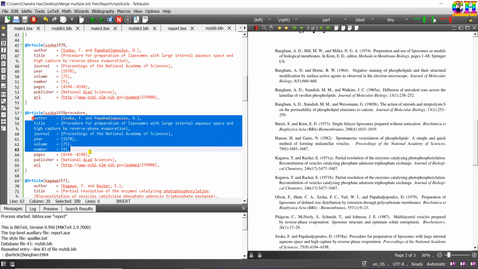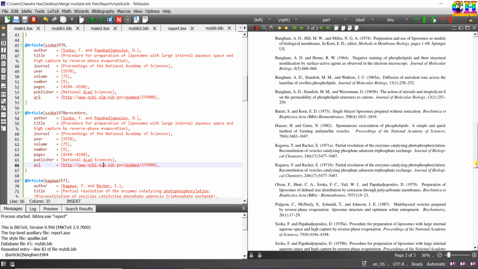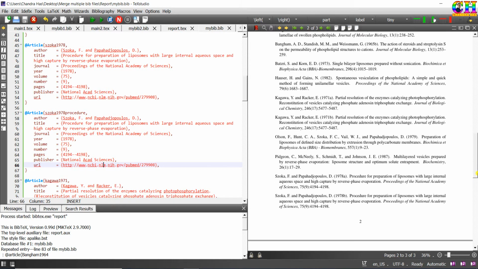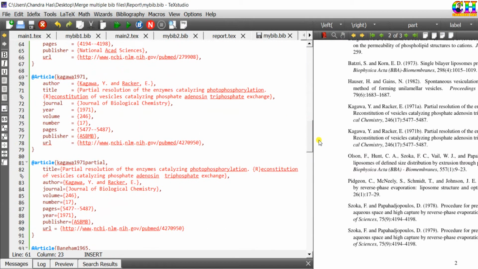Likewise, these two references are also the same, but the BIB keys are different. This can be possible. For example, the first one you would have exported for your first article from Mendeley, and the second one you would have exported directly from the journal website. In that case, both BIB keys could be different. In such a case, each reference is printed. So ultimately, we'll have to keep only one BIB entry, and the others we'll have to remove either manually or we can use some software.